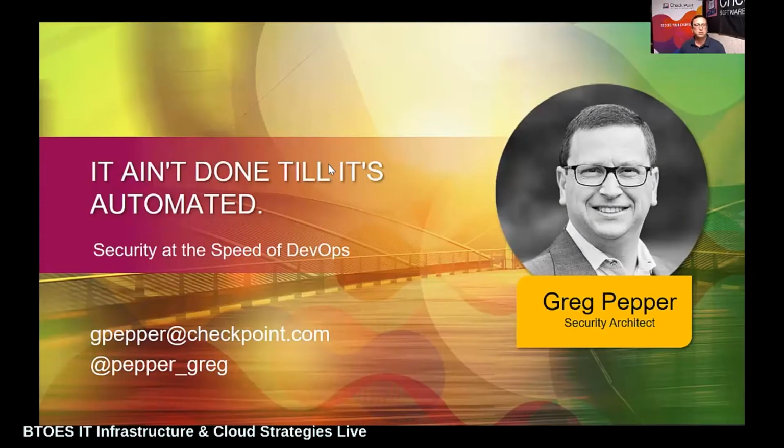Thanks for joining me. My name is Greg Pepper, and I'm a security architect here at Checkpoint Software Technologies. And across the 15-plus years I've been here at Checkpoint and 20 years that I've been in the IT security industry, this transformation into cloud and this desire to move faster is something that has really revolutionized all of IT